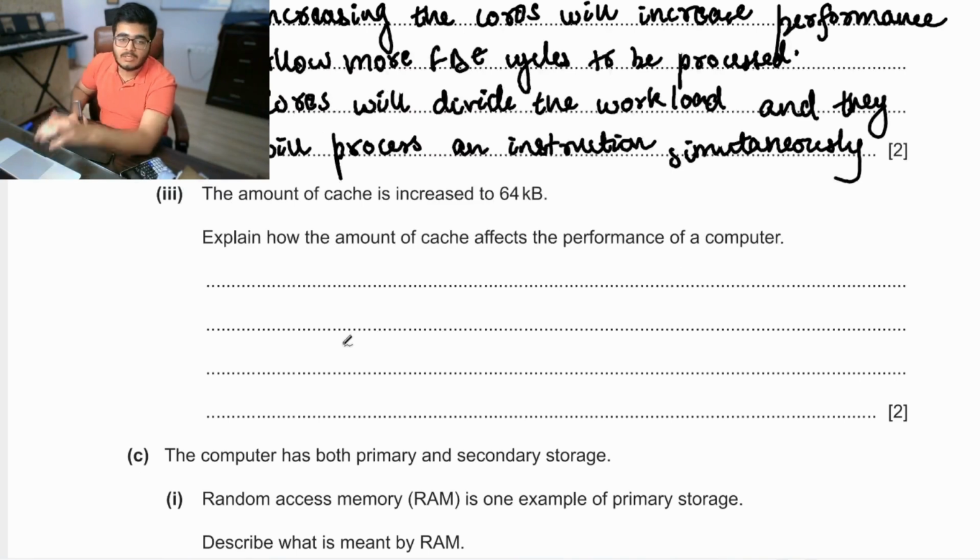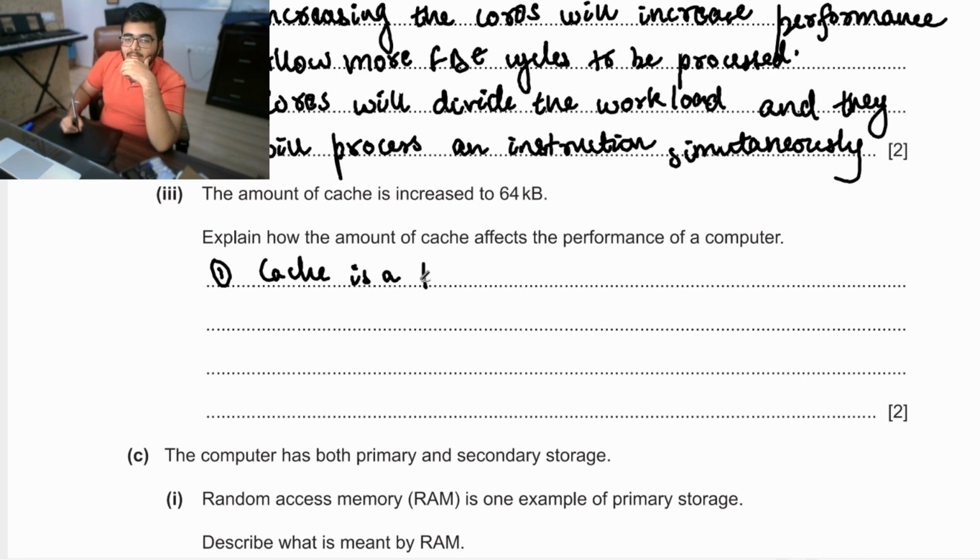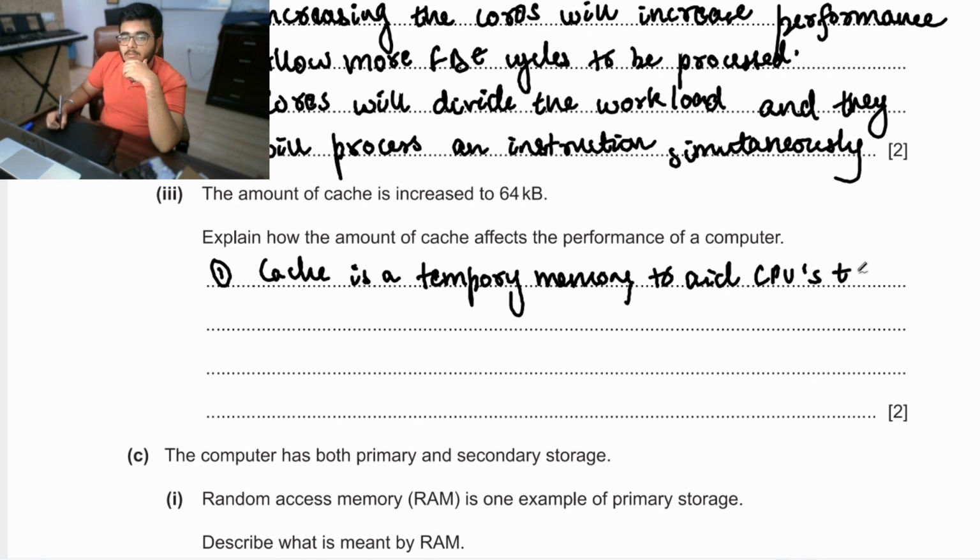Okay, next question. Explain how the amount of cache affects the performance of the CPU. Right, first of all, you will say that cache is a temporary memory to aid the CPU's tasks, right? Or you can say to aid the CPU. Increasing the cache will improve performance, right? You will write increasing the cache will improve performance,